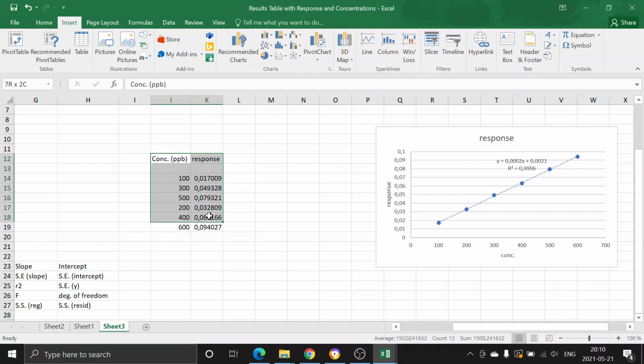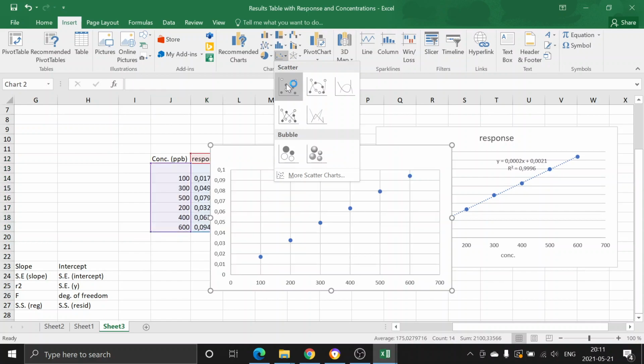This is your data set, a demonstrative or example data set. Here in the J column, we have the imidazole concentration values, and in the K column, we have response values, which were calculated by taking the ratio of quantifier peak area to the internal standard peak area. And then you selected these, and then you inserted a linear graph, a scatter graph, into this data set,